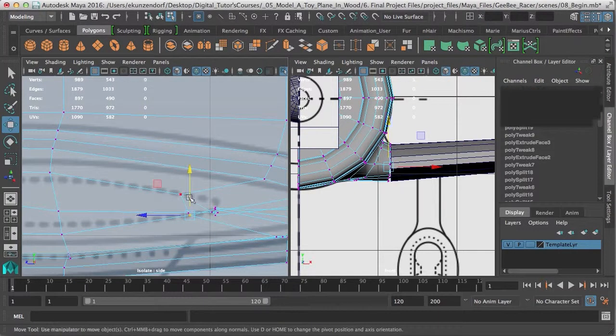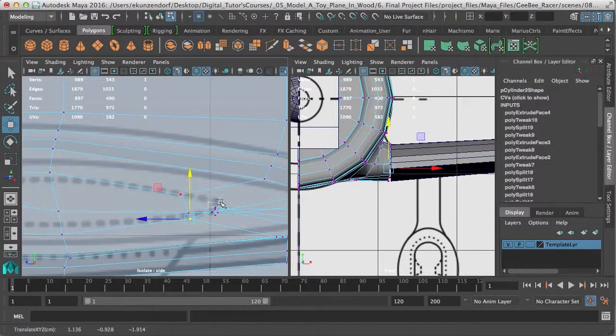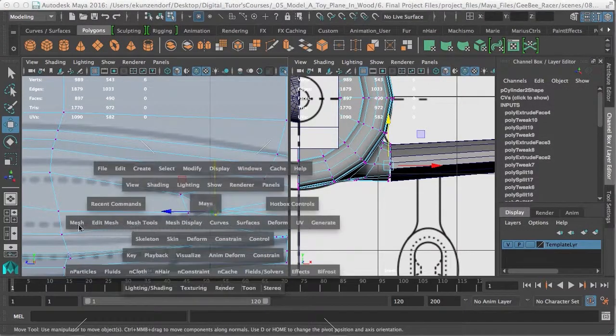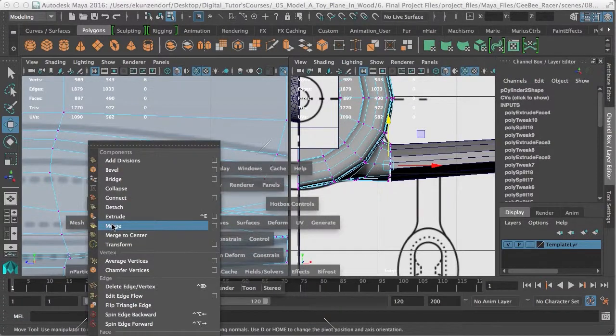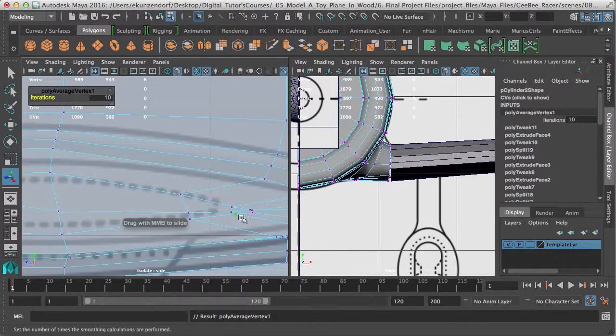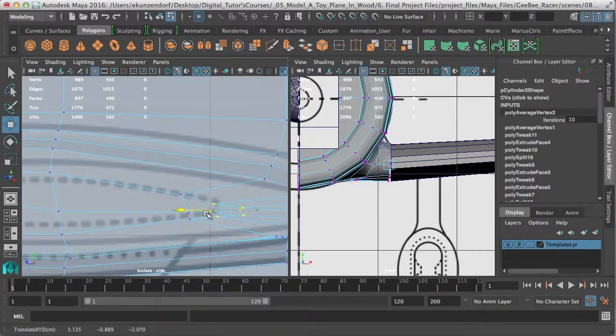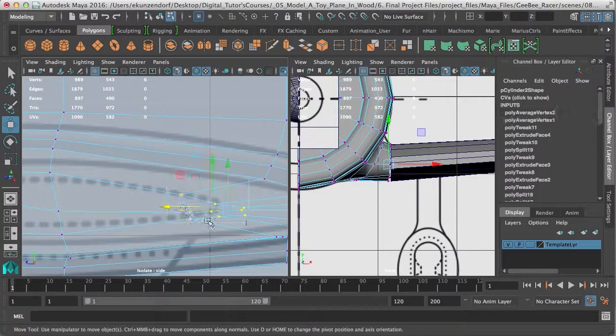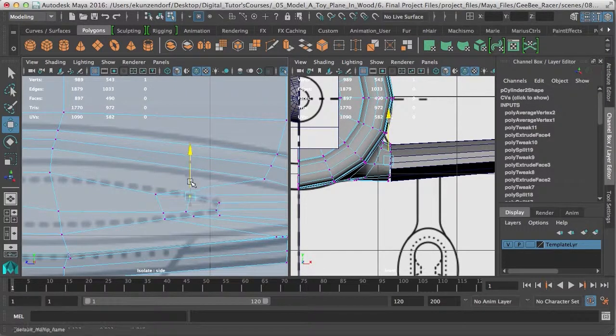And I'll untangle these with something a little bit different. I'm going to grab all these vertices because they're so tangled up, and I'm going to go to Edit Mesh. I'm going to Average Vertices. I'll do it again. Okay, that's a nifty little modeling tool that we can use. I'll pull all these over. Pull these up. And now I think you can see kind of where we're going with creating this fillet, not the fillet, but this mortise, this slot, this peg, however you want to call it, because what we're going to do next